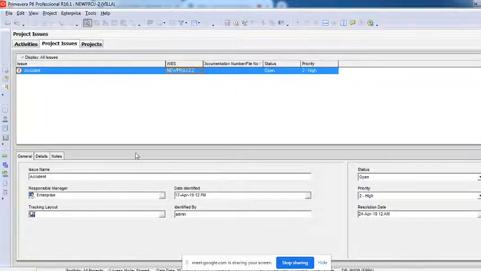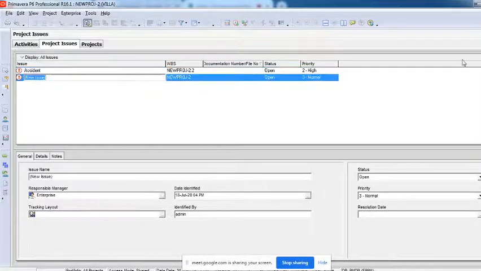You can create as many as you want. Yes, of course, we do not want to create issues, as I told you, but whatever issue has happened, you can register it here in Primavera. So this is the issue name. You will have to type an issue name, like for example,